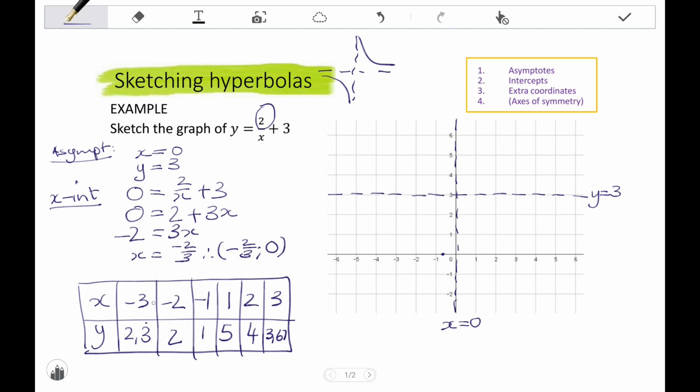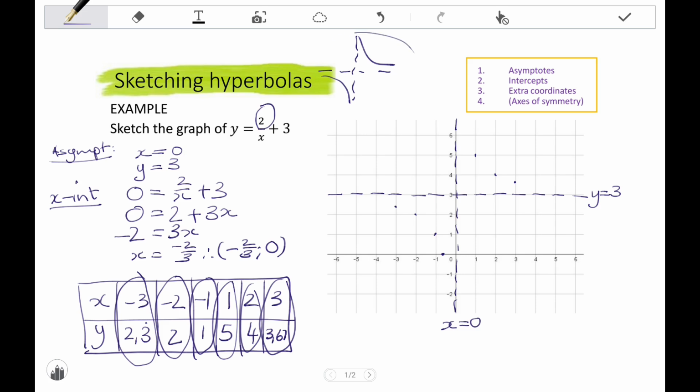Okay, so plot these points. So I have negative 3, 2.3, so that's there. Then I have negative 2, 2. Plot it. Then I have negative 1, 1, plotted on the graph. Then I have 1, 5. Then 2, 4. Then 3 and 3.67. Okay, so those are some coordinates to help you draw an accurate graph,